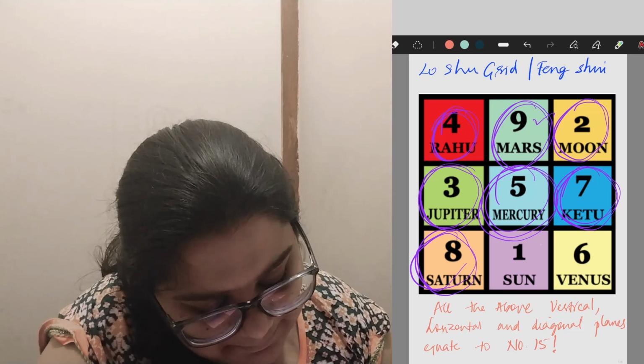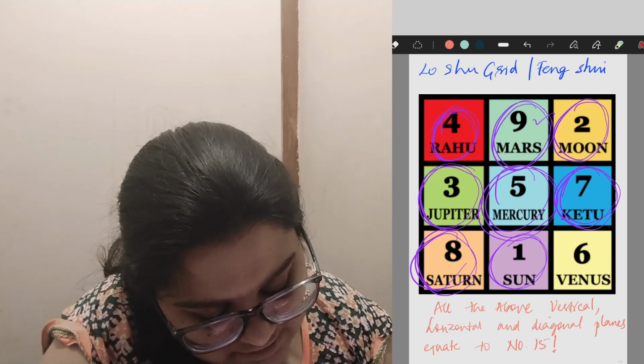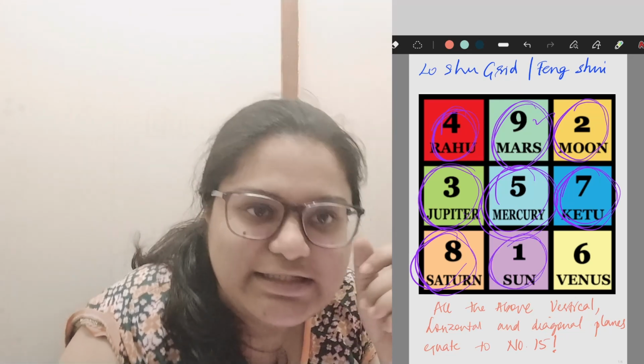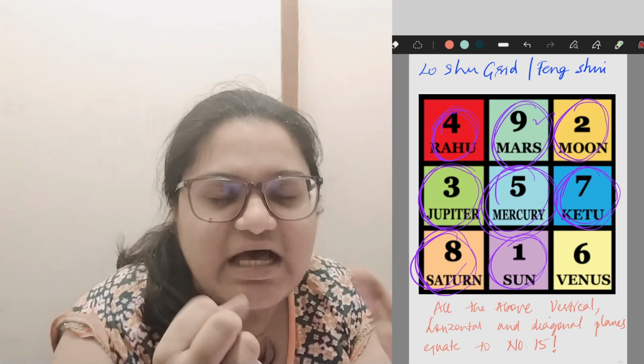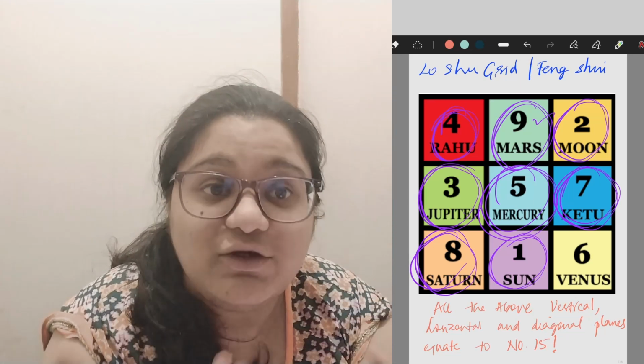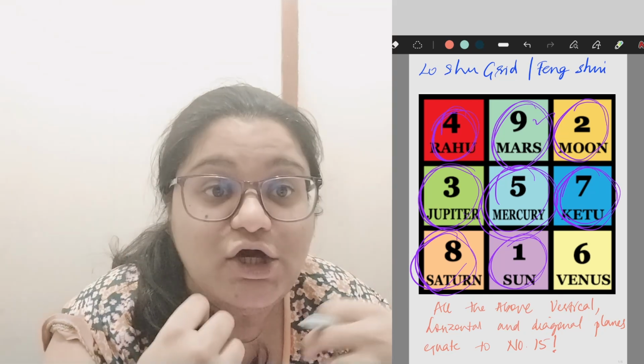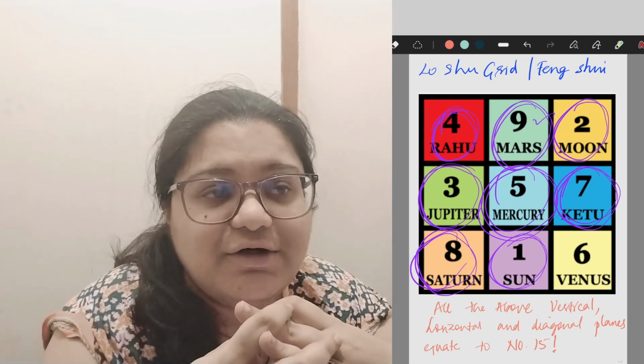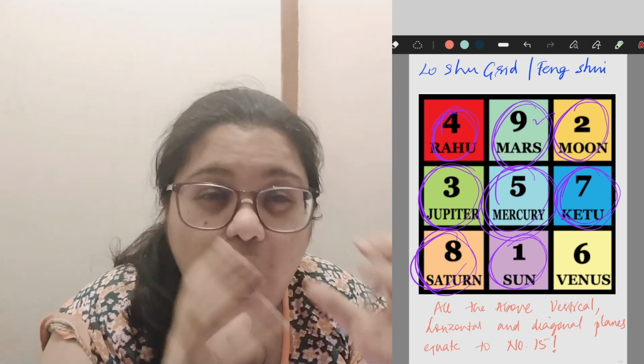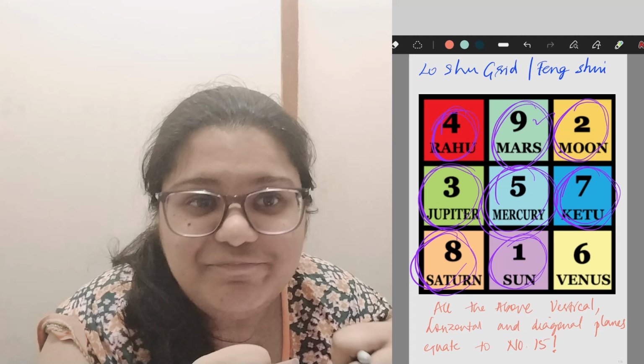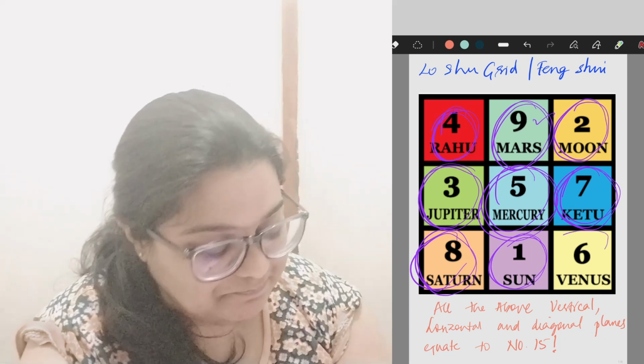Then let us also come to the next number, that is number 1. Number 1 is associated with the sun. The sun is dominant. It emits a lot of light onto a thing. So your self identity, your expression, your communication skills, your entrepreneurial skills, all of these govern number 1. This talks about the individuality of the person and the personality that the person expresses.